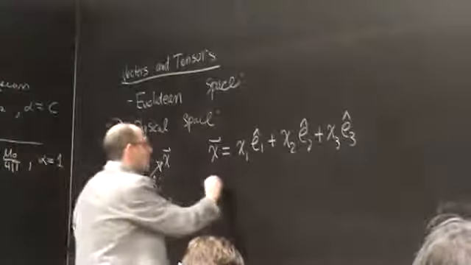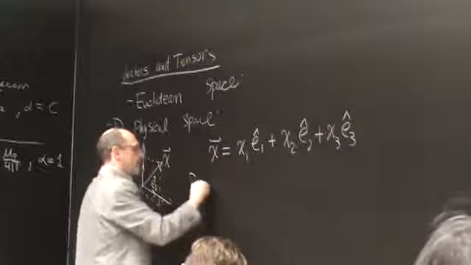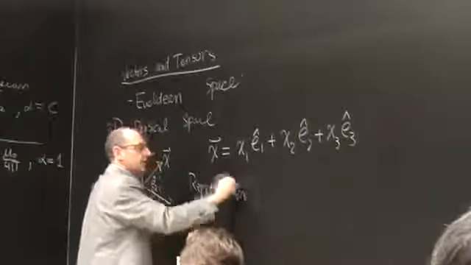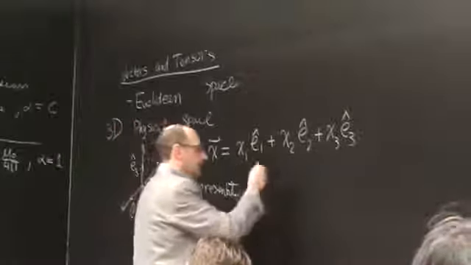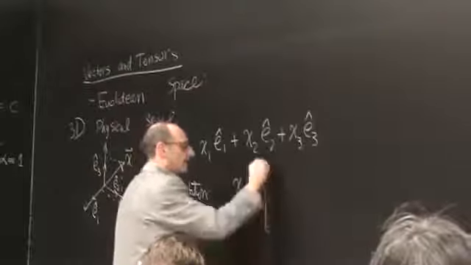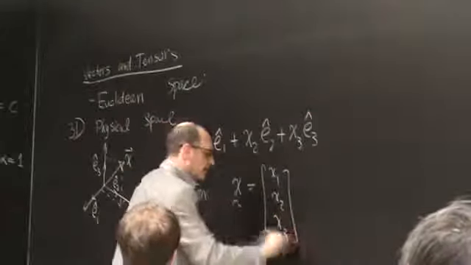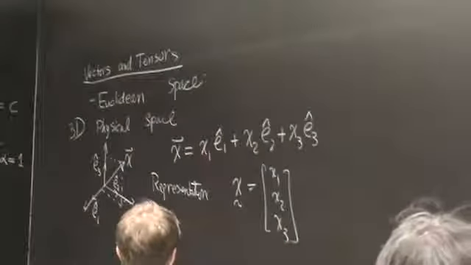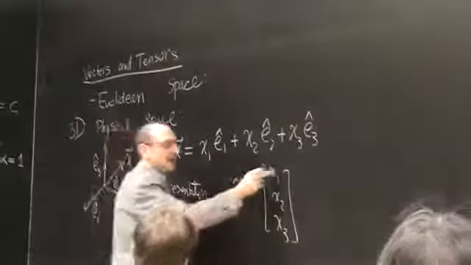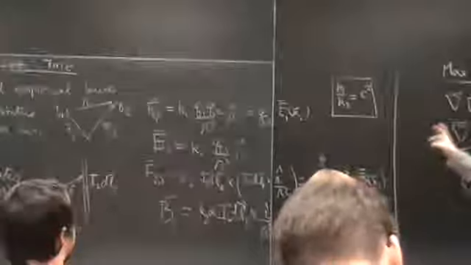So the notation I will use, if I'm talking about the representation of the vector with respect to the basis that is chosen, is to write it as a column vector with this little tilde underneath to say it's a vector, but it's the representation of this vector with